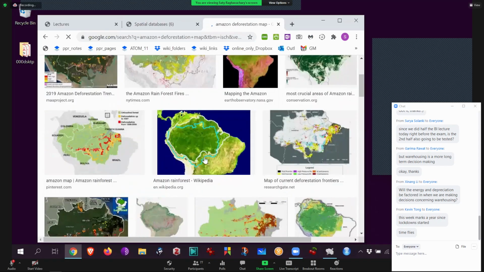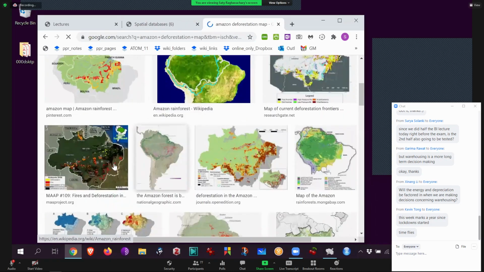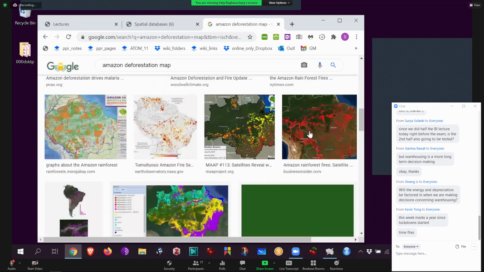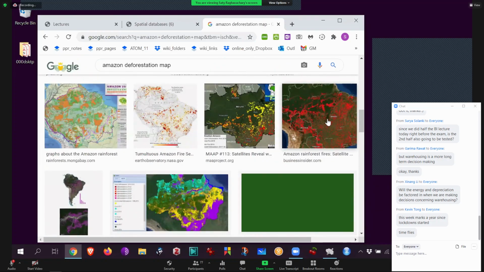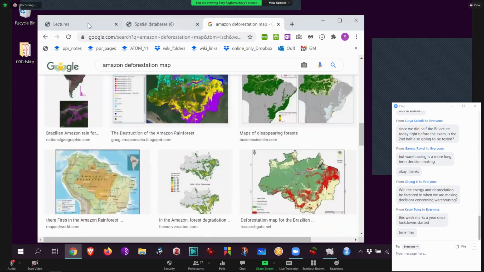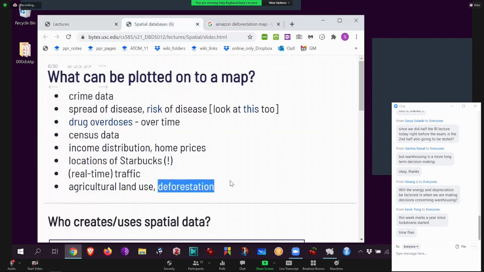Okay, so at one point, all of those are green, right? But then gradually, look at that. Like all these fires, by the way, people purposely set fires. And so that is also spatial data. The whole world should care because this is almost like the lungs for the entire earth. So if you damage your lungs, you're not going to be able to breathe, literally. So that's spatial data. That's spatial temporal data, specifically.